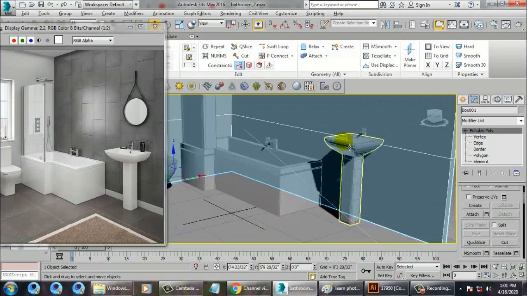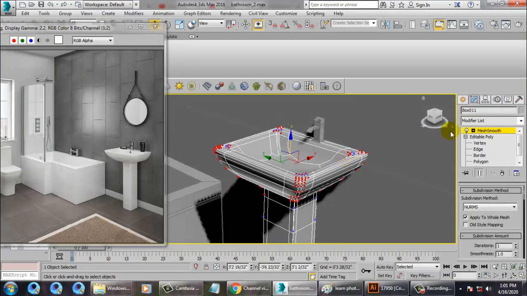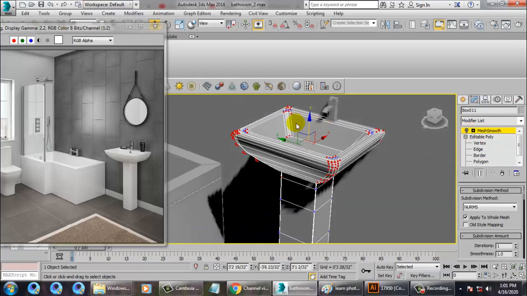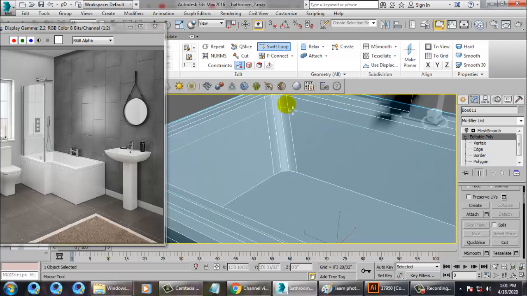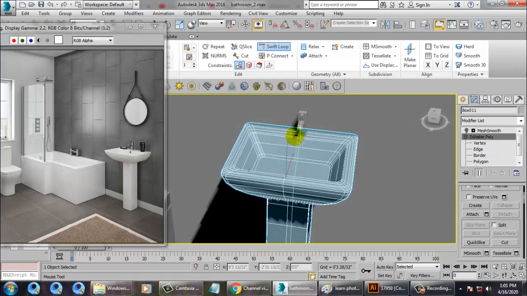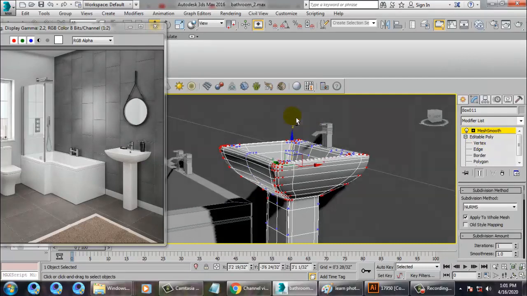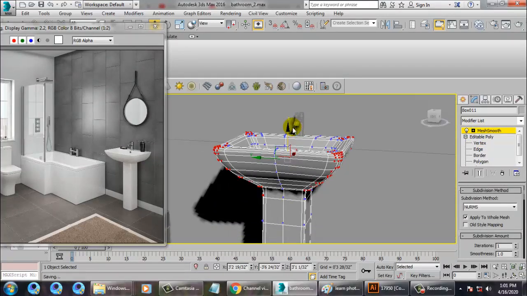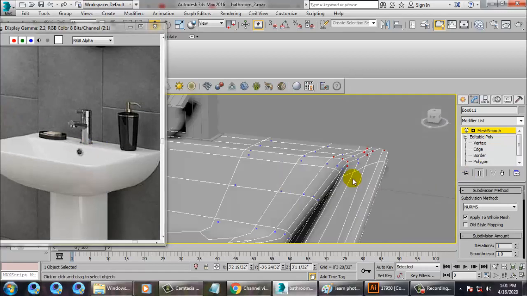So let's complete this stuff. Let's go back over here. First of all, let's put one loop over here, one loop over here. So we don't have so much of close-up camera, so it's fine if we don't go with that details inside. Now let's create this bottle over here.